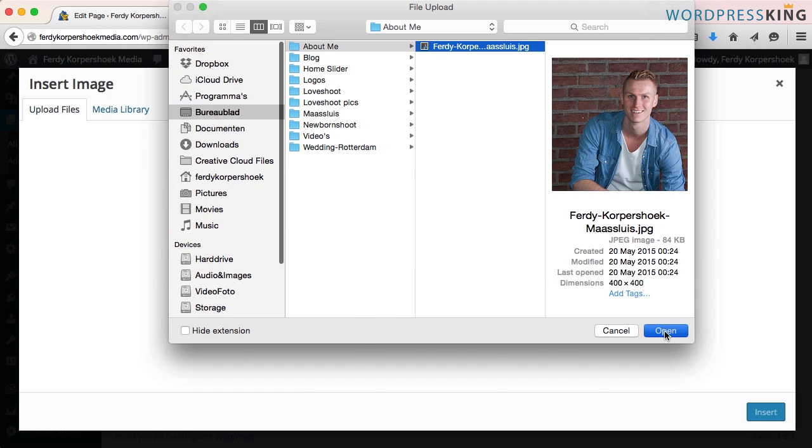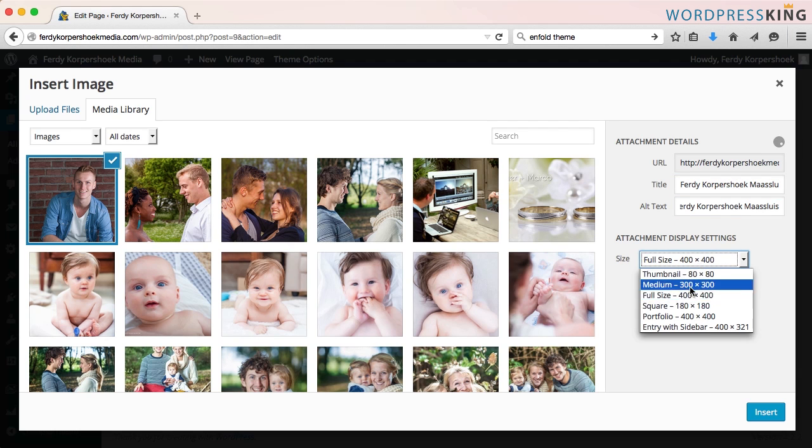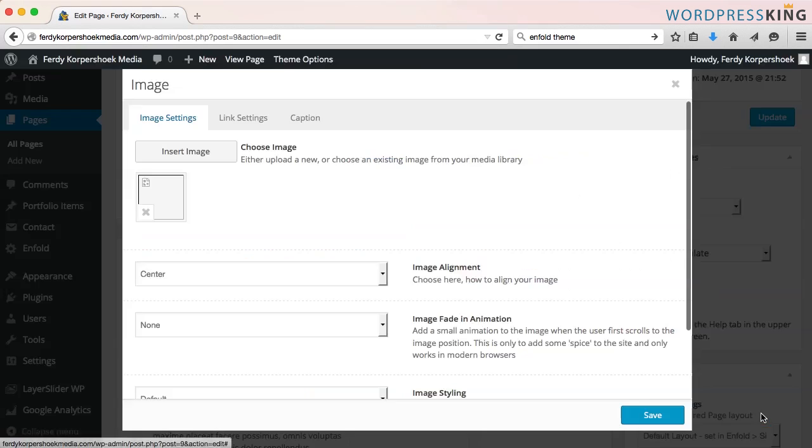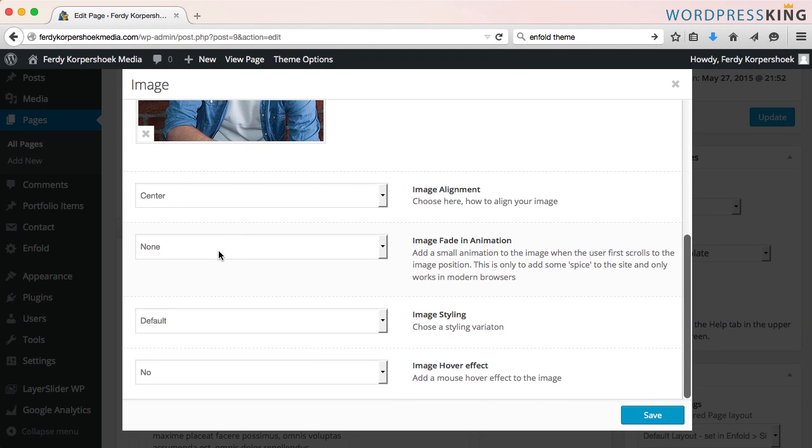I want to be found on Google with the term Maasluis. Change it, copy, paste, full size, insert, and if people hover over the image, I want it to slightly increase the image,